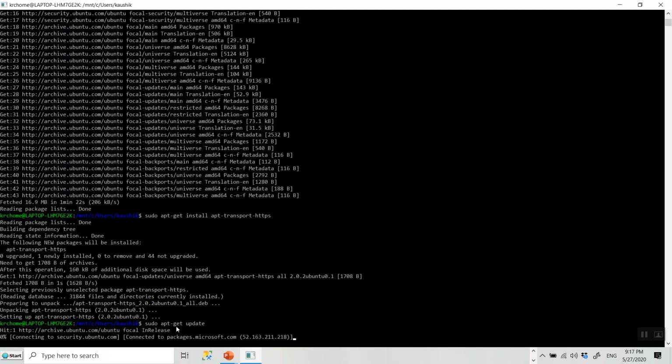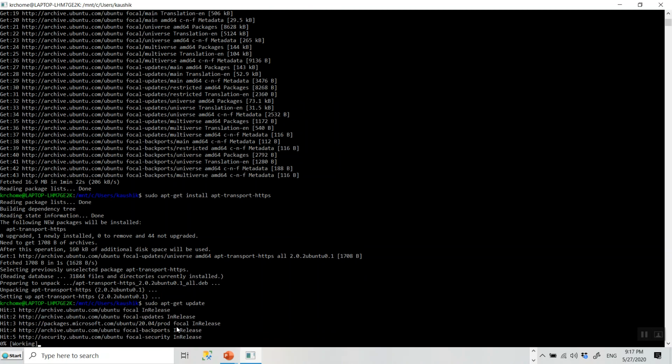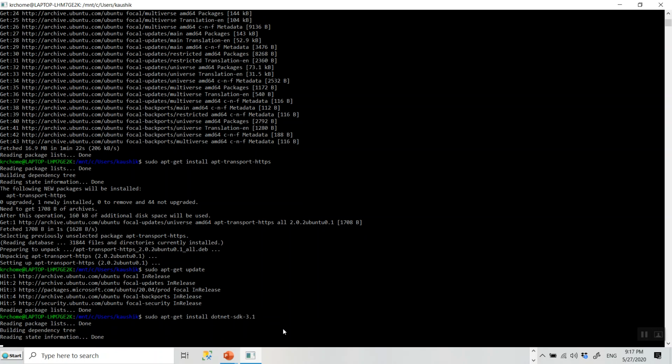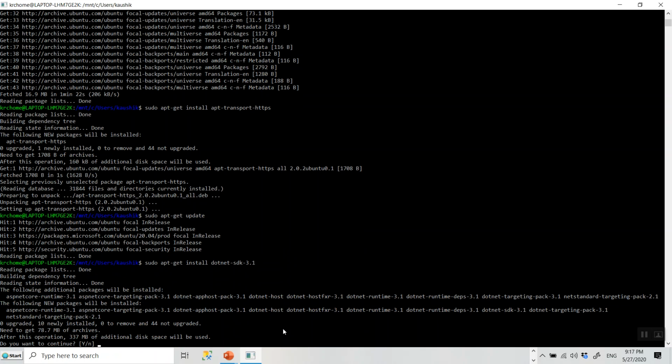So get update, getting the update once again after having installed apt-transport-https, and then it will issue the command to install .NET SDK 3.1, which is this one. Do you want to continue? Okay, after this operation 337 MB of additional disk space will be used. Yes.